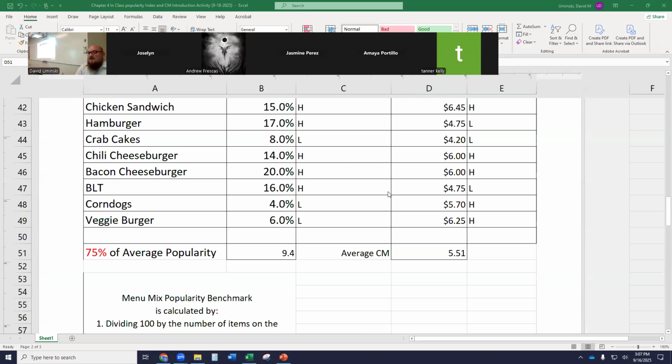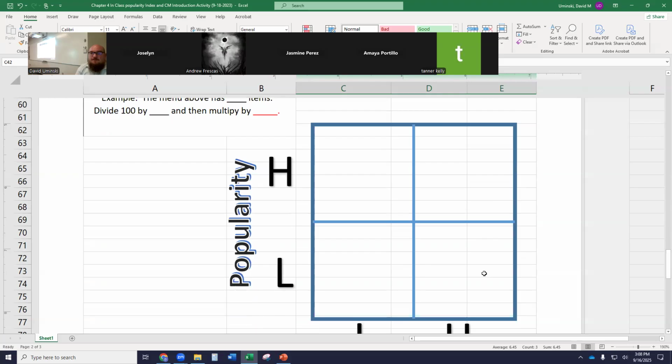What I recommend as you fill out this chart is that you look at one category, high, that's the easiest one, 2 H's, and just stick with that category and go all the way down the list. Don't try to go line by line because you might get thrown off a little bit, especially with the puzzles and plow horses. But start with high. So what are my stars? Chicken sandwich, chili cheeseburger, and bacon cheeseburger. Those are my stars, high.